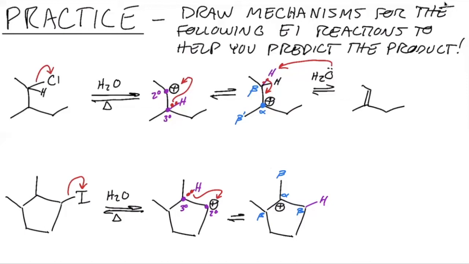So here, we'll call this one beta over on this side. This one will be beta prime over here, the secondary one, and then the top one will be beta double prime. And you can give these more creative names if you want to. I'm just using alpha and beta because that's kind of the standard for chemistry. So let's analyze all of these positions and think about which ones would give us the more stable resulting alkene